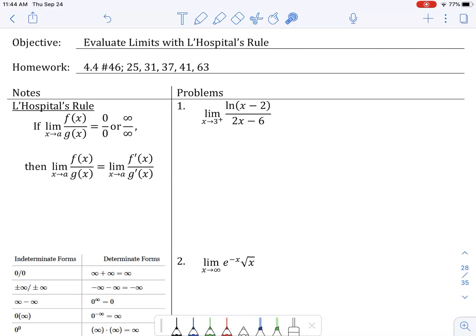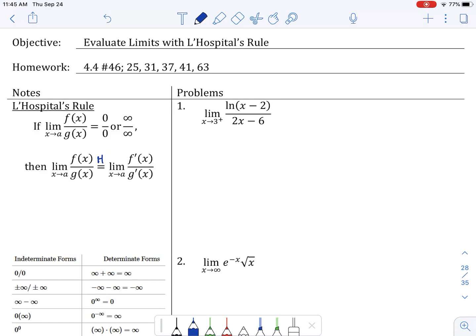and then there's a couple that are very AP specific. So if you recall over here, L'Hopital's rule says that if you have a limit as x approaches a of a fraction like this, and you end up with either 0 over 0 or infinity over infinity, so it has to be these specific indeterminate forms, then the limit as x approaches a of f of x over g of x is the same as the limit of f prime over g prime. And we usually use a little h or an LH over the equal sign to demonstrate that we've used L'Hopital's